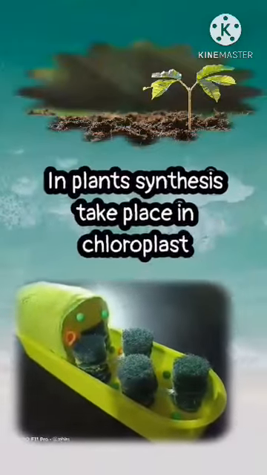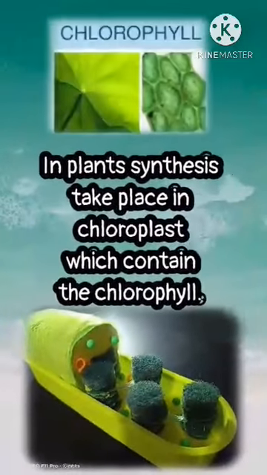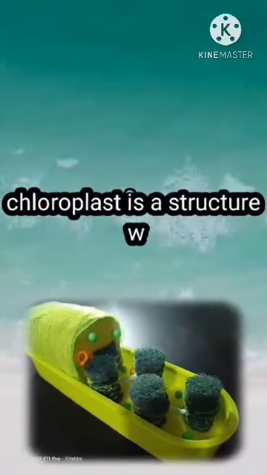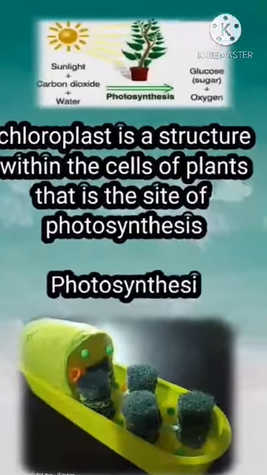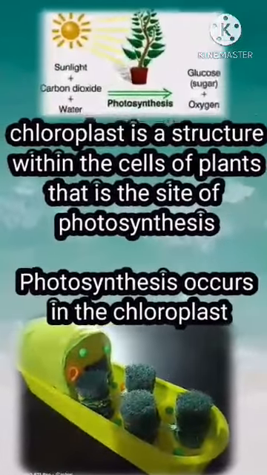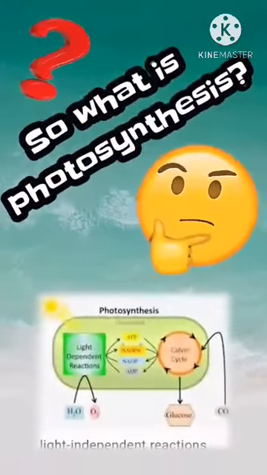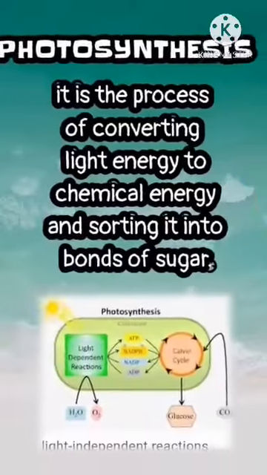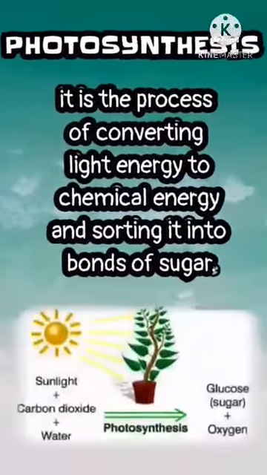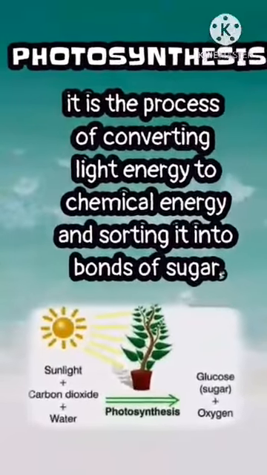In plants, synthesis takes place in the chloroplast, which contains the chlorophyll. The chloroplast is a structure within the cells of plants that is the site of photosynthesis. Photosynthesis occurs in the chloroplast. So what is photosynthesis? Photosynthesis is the process of converting light energy to chemical energy and storing it in the bonds